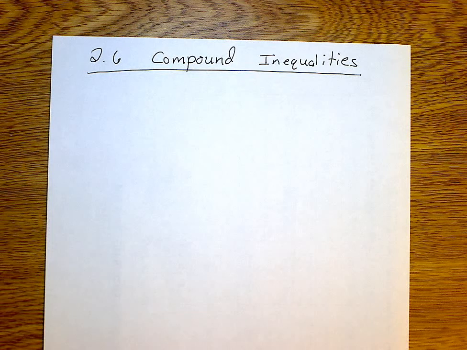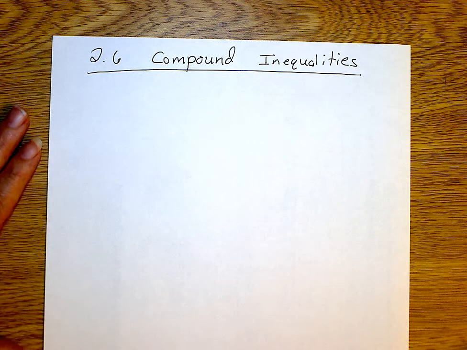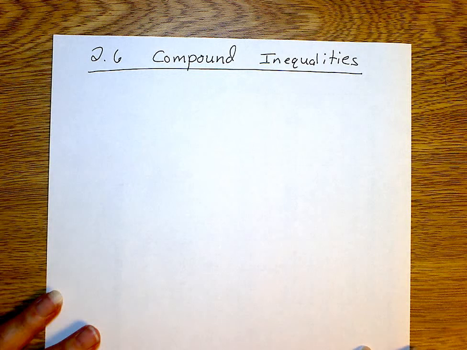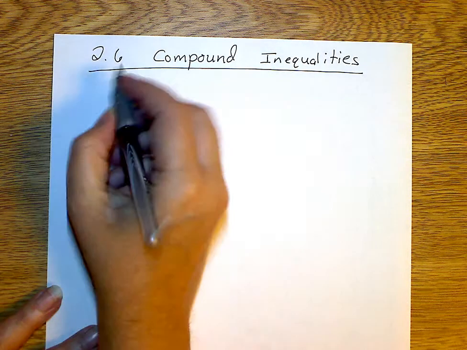2.6 is called compound inequalities. Compound inequalities means that you're going to have more than one inequality together. There are 2 types of compound inequalities. The first type is called